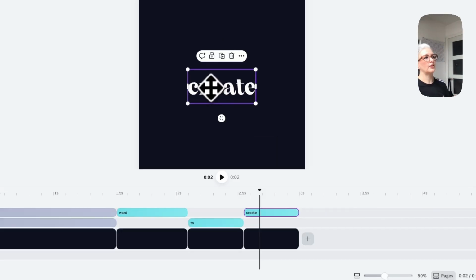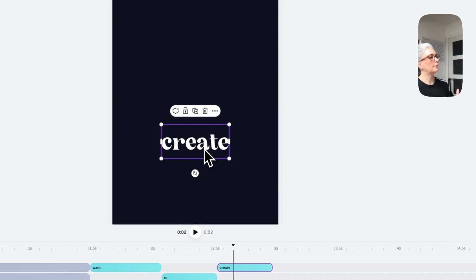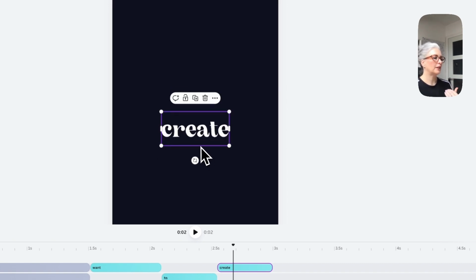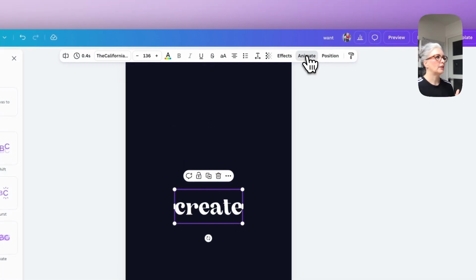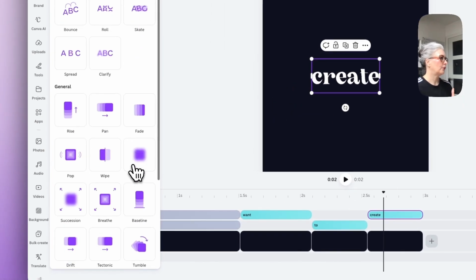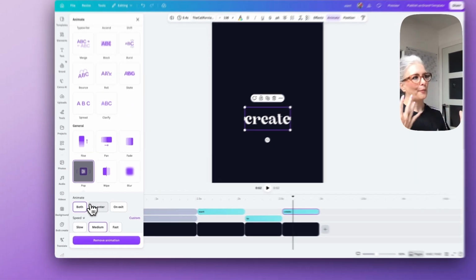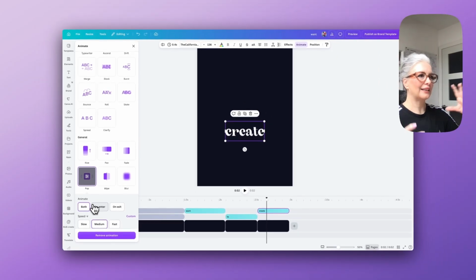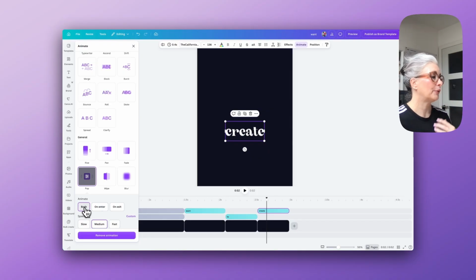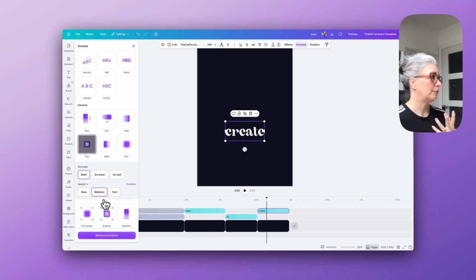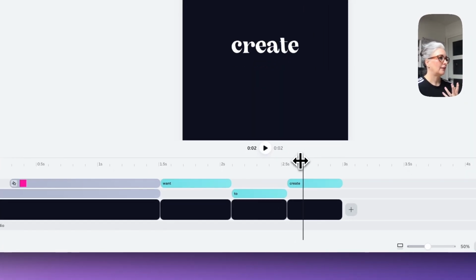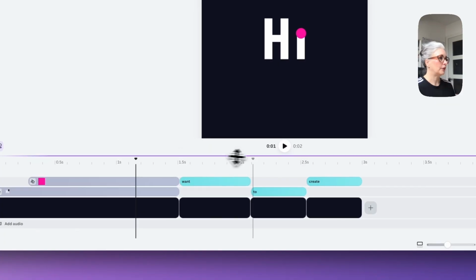And again, keeping the same font, same size, we're just mixing up the animations here. And this time I go to Animate, I'm going to go down to Pop. And it's really good to just use a mix of different animation techniques. This is what makes it look really dynamic when it's fast, it's flowing, and it's quick. It looks really nice. I'm going to keep it on both and keep it on medium. And again, if I slide back and now play this for you,